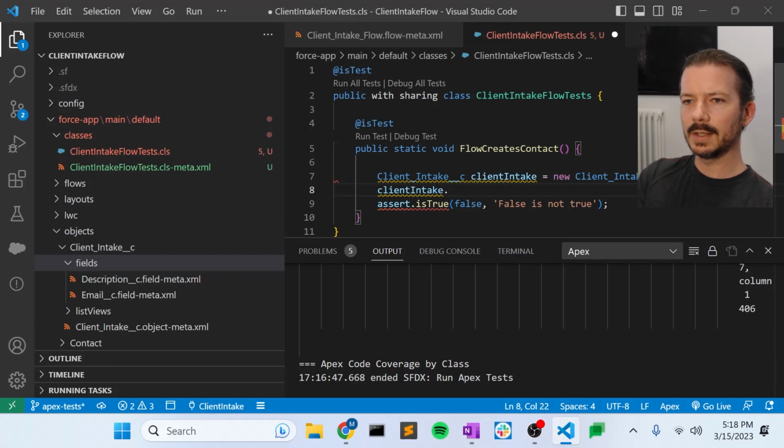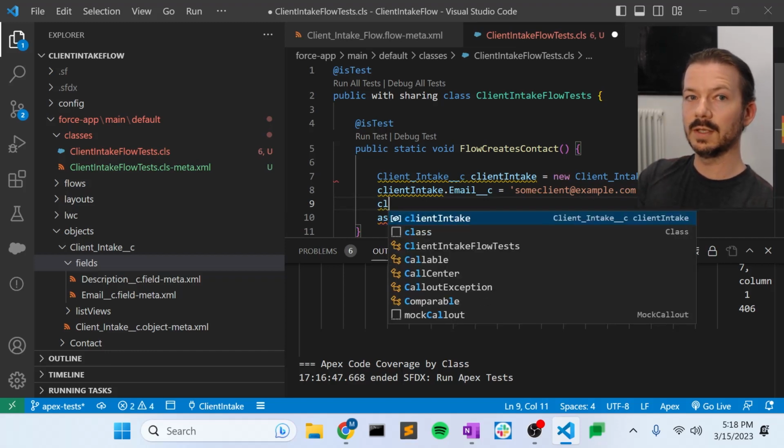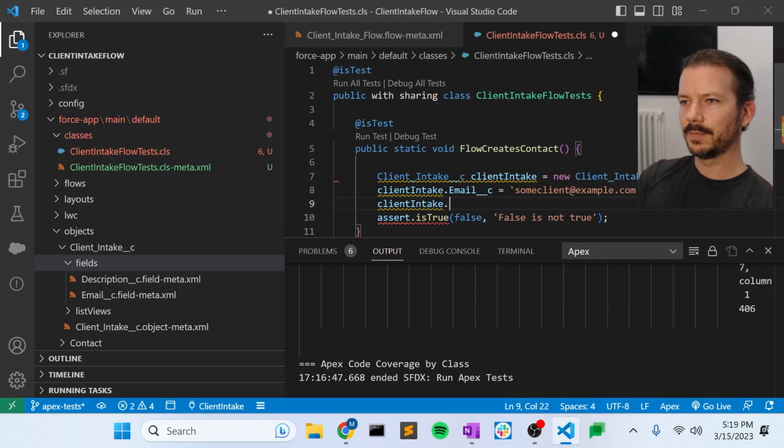Client intake dot email__c, and it doesn't matter what value you give it as long as it's a proper email. So we can say someclient@example.com. And then we also need to set the default name field because we're mapping that to the last name field of the contact record. So if I say clientIntake.Name equals some